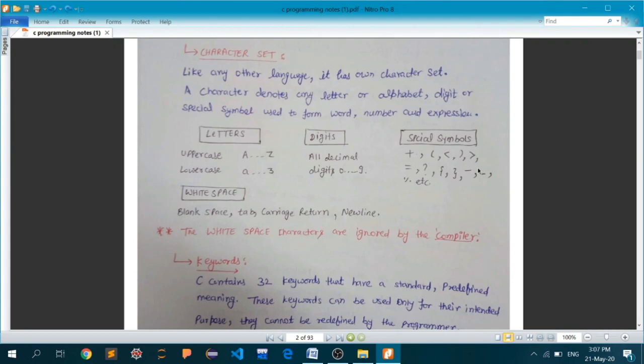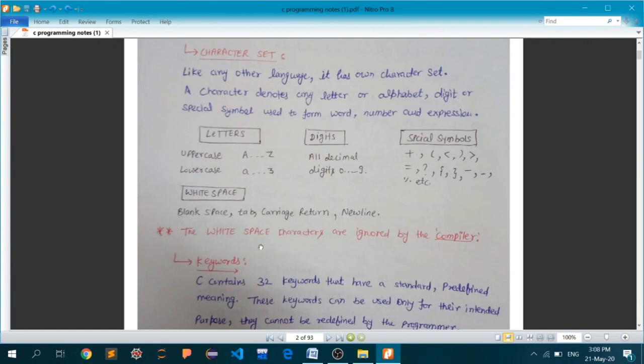Okay, we are done with character set. It's just like in your pre-nursery classes, you must have read about ABCD and all the alphabets before actually taking on the English language, and before taking on mathematics you must have learned the meaning of 0, 1, 2, 3, 4, 5, 6, 7, 8, 9. It is like that. The character set used to write the syntax of C is taken from your mathematics, English, and all the symbols that you must have been familiar with throughout your life until now. So there is nothing new here.